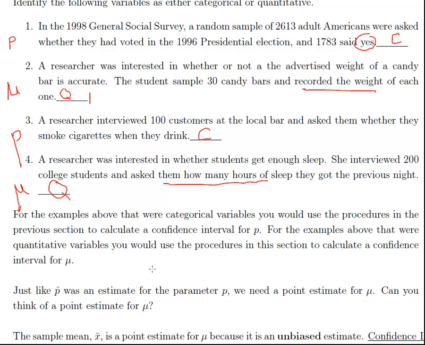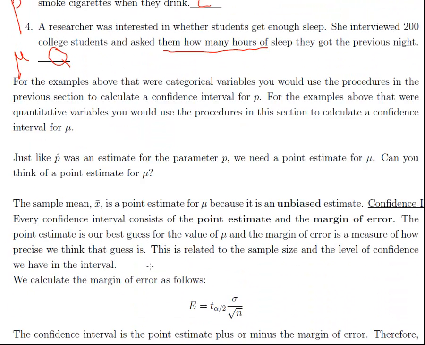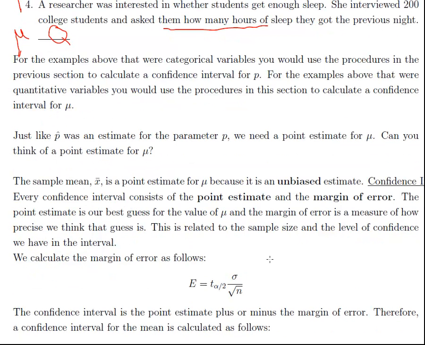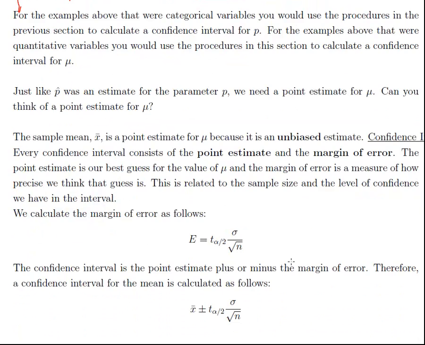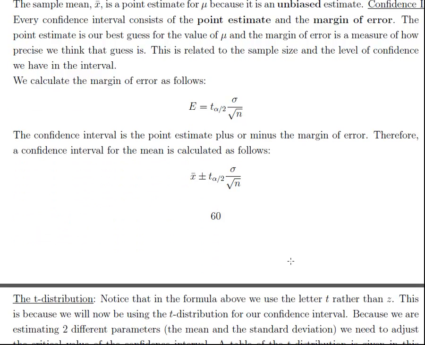Okay, so now we're going to just extend the last section, same idea, but we're trying to estimate the mean of something rather than the proportion. We're still going to use a confidence interval, but our formula is going to change a little bit because we're no longer sampling or calculating a proportion. So we still have a margin of error. So this is the formula for the margin of error.